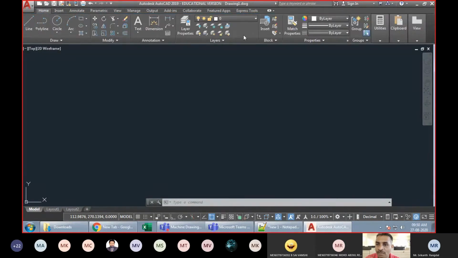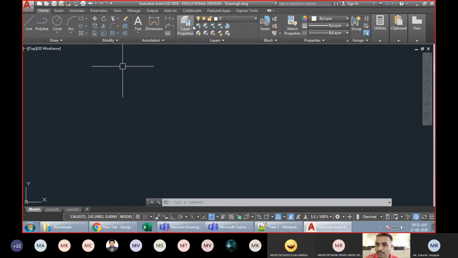So in each ribbon, we have different set of commands. So under the home ribbon, you can see line, polyline, circle. The draw commands are grouped here. If you click here at the bottom, you will get some more commands. Then we have the modify group. Here all the modify commands are listed. If you click here, some more modify commands you will get.